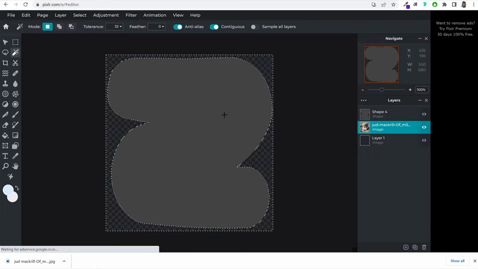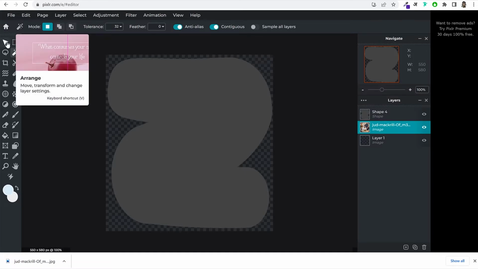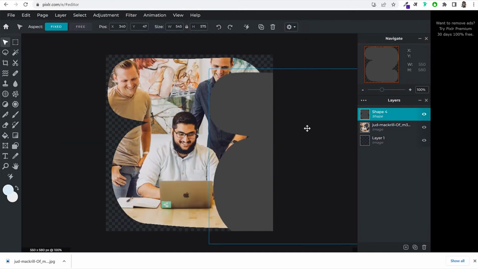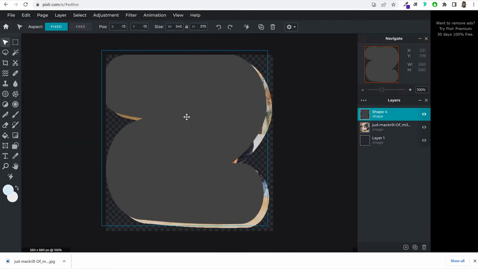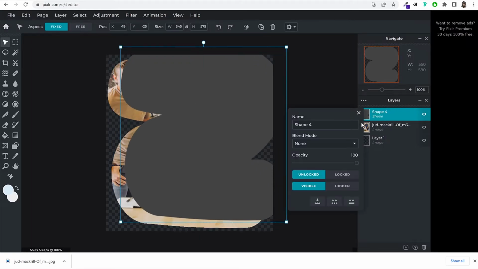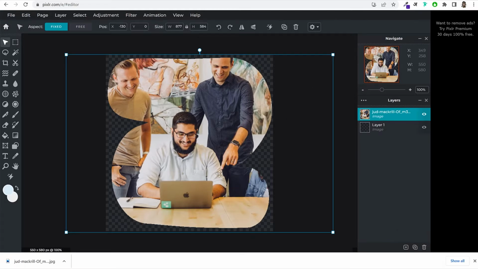Now once the image is deleted, first of all let's deselect this thing, so press Ctrl D. Everything is now deselected. After that, you can click on this arrow icon, the arrange icon. And now if you just remove this space, here as you can see, we have the image. In fact, again, you can select this shape and delete it like this. And now we have this image in this shape, whatever shape you selected. And now we can go ahead and